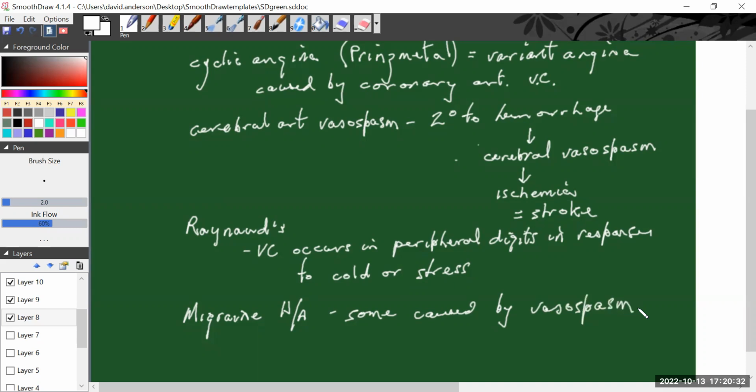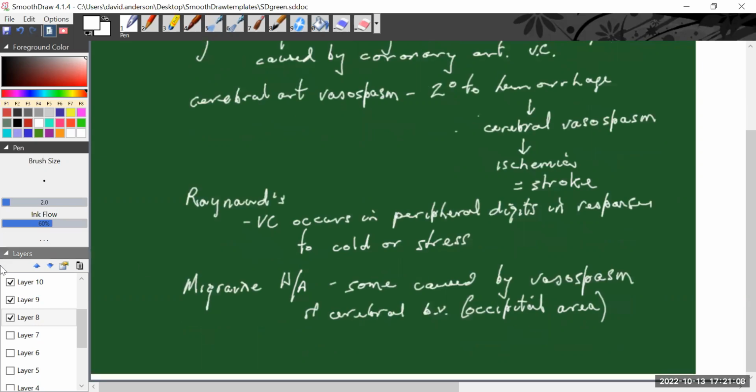So this is caused by vasospasm of, again, cerebral blood vessels, especially on the back side and underside of the skull. The occipital area is a common area for this cerebral blood vessel vasospasm to occur, giving rise to these migraine-type headaches. You can have structural problems with the blood vessels, so that's the end of our vasospasm